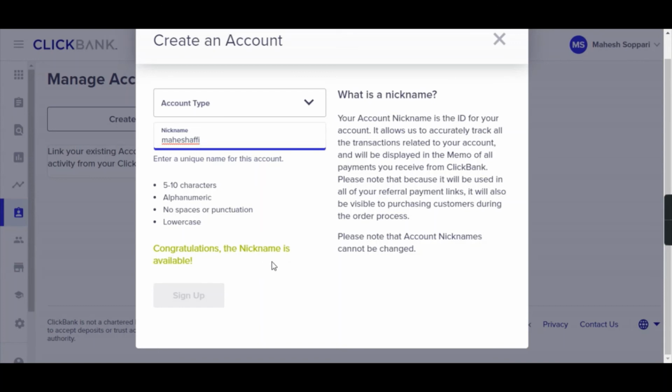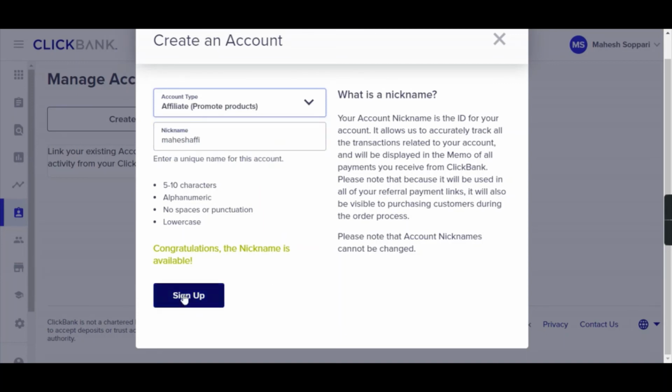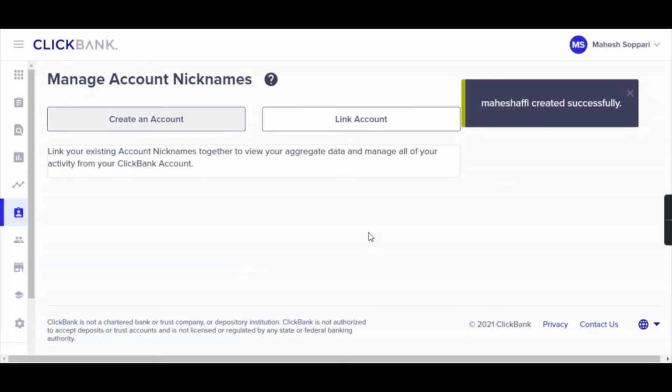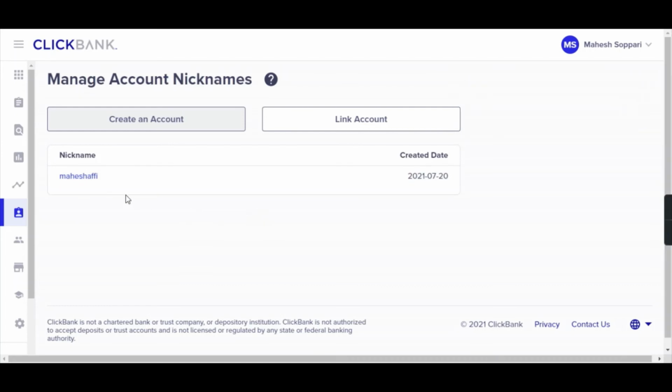Congratulations, the nickname is available. Account type, I'm an affiliate, so I'm going to click on sign up now. See, Mahesh Afi created successfully. My account is also created successfully.